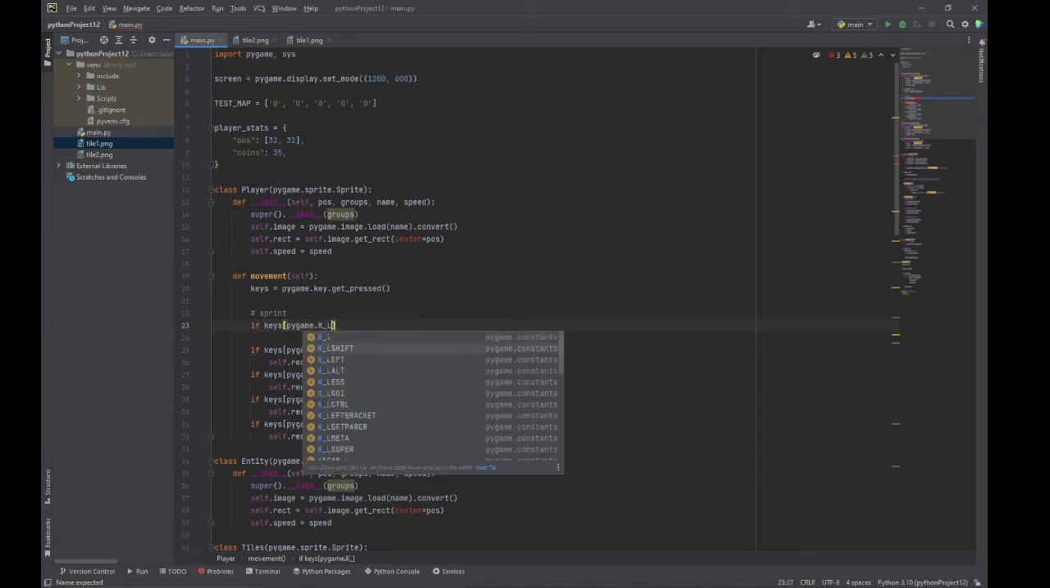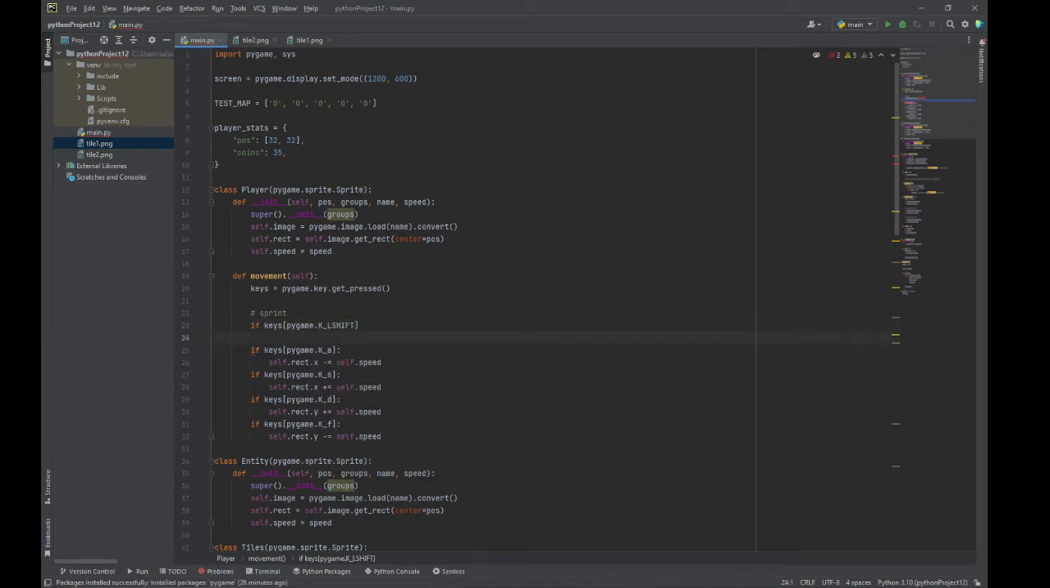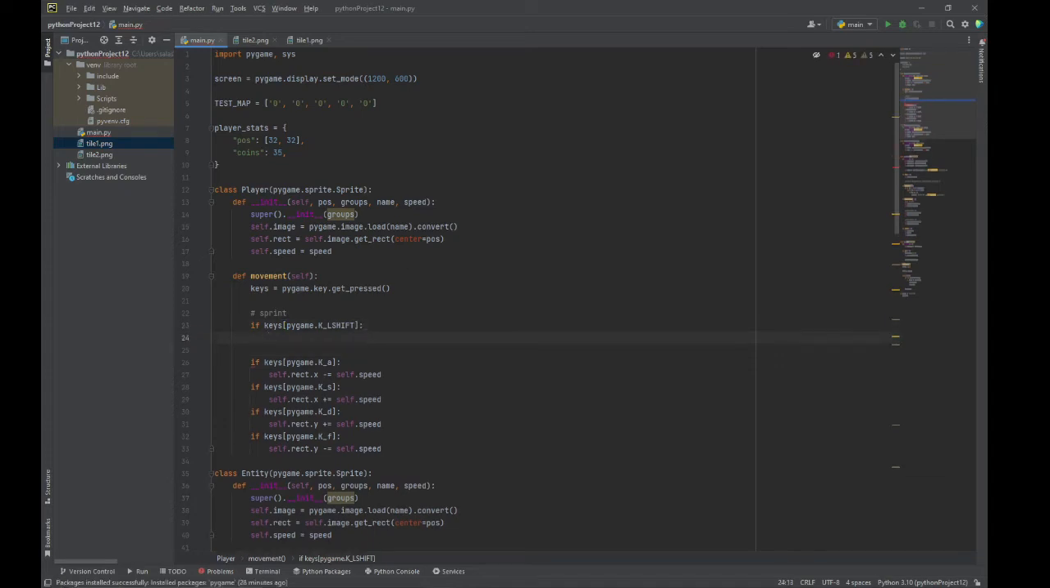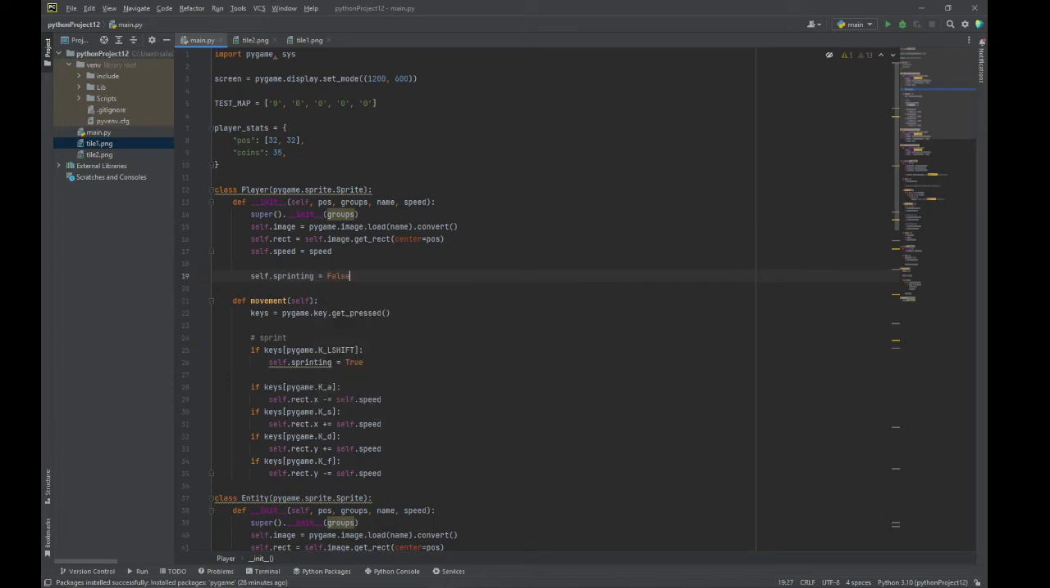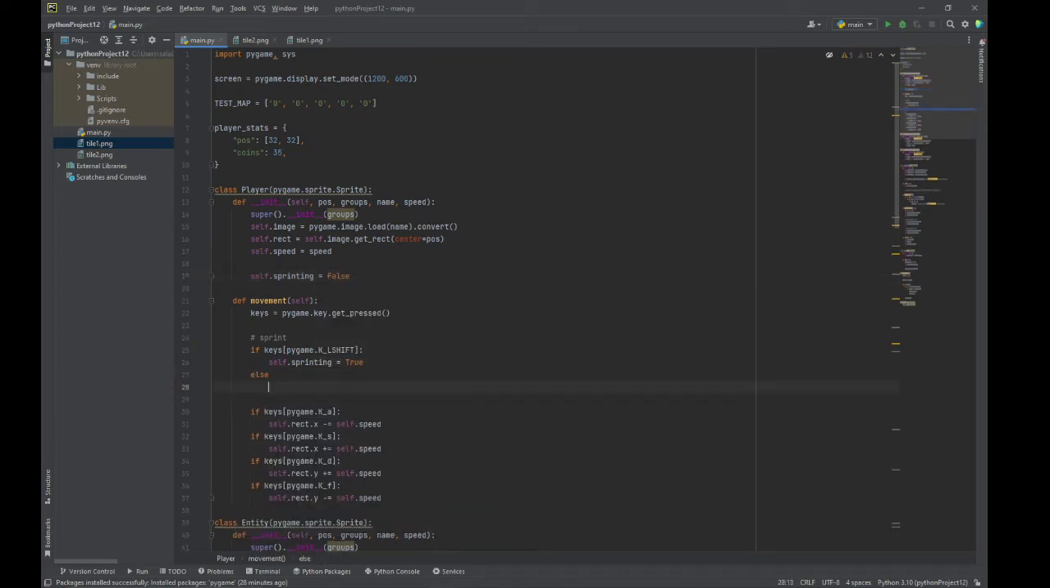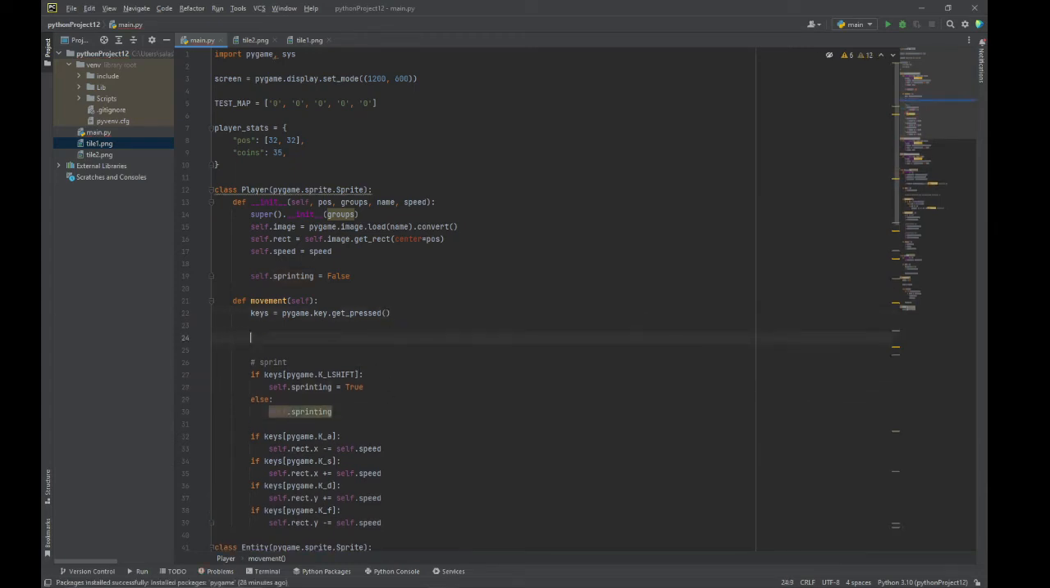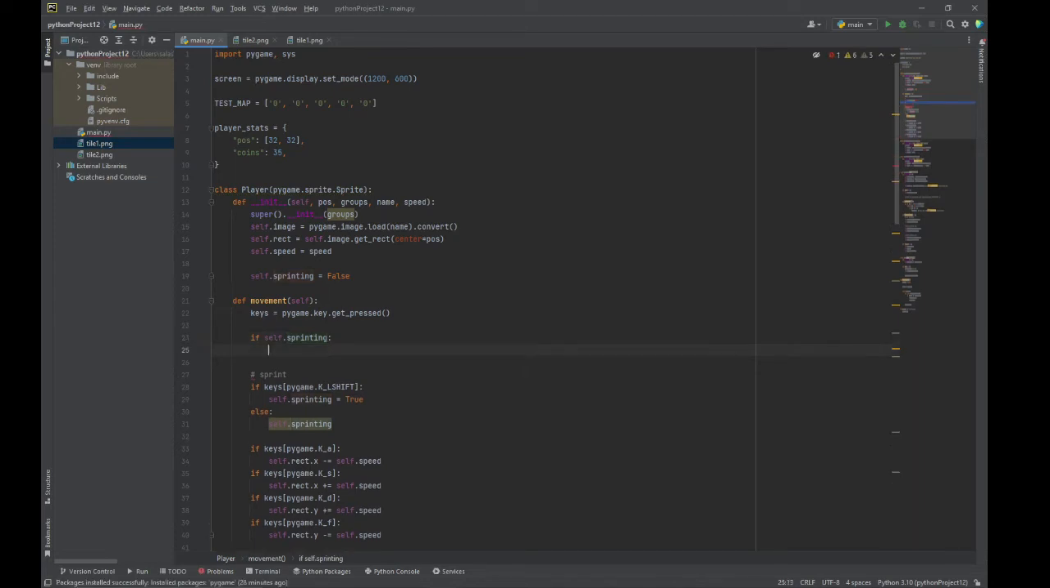If keys pygame.K_LSHIFT, we are going to say self.sprinting is equal to True. Otherwise it's going to be False. Else, self.sprinting is equal to False. And up here we're going to say if self.sprinting, self.speed is equal to